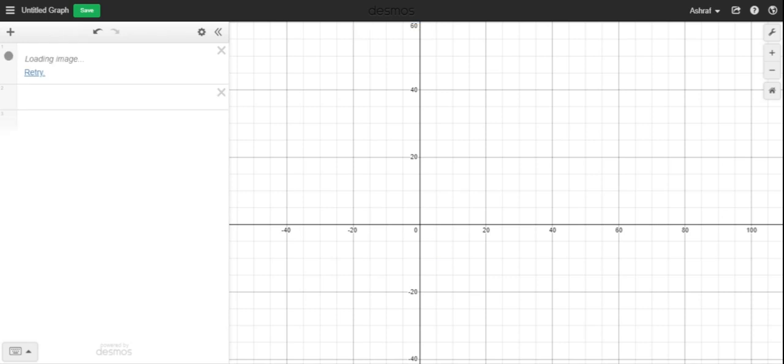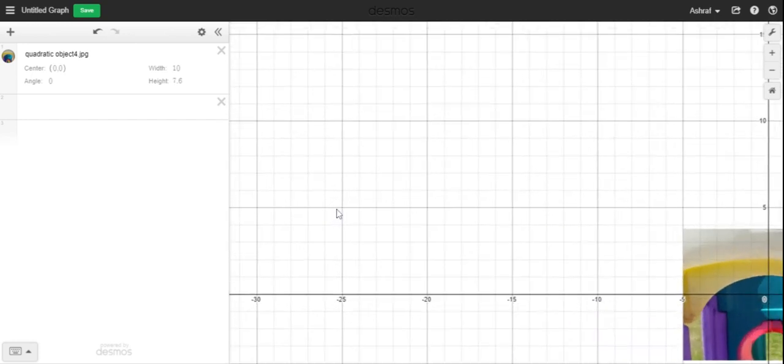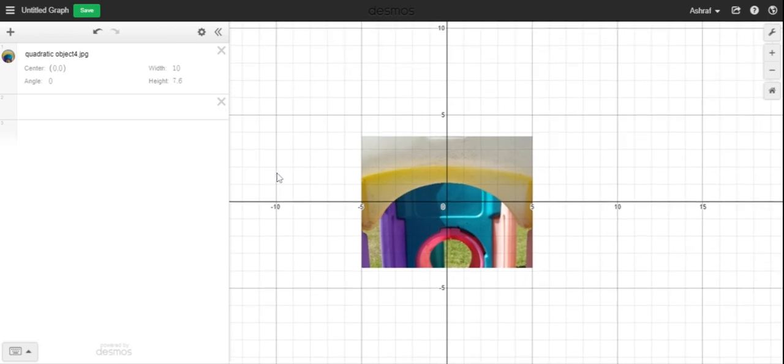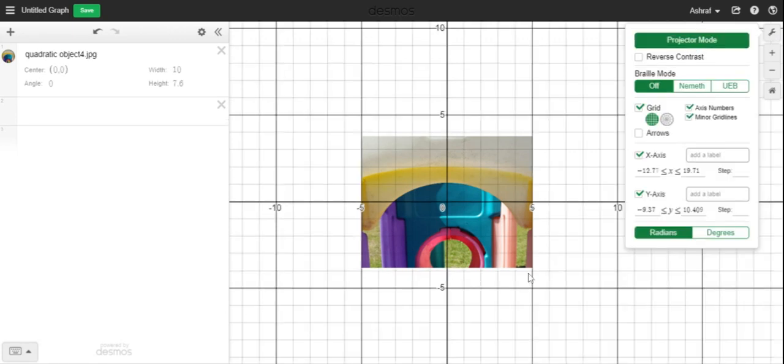So, and then you'll notice that it automatically pops up. Now it's a really small image, but that's because I'm zoomed out really far on my graph. So I'm going to zoom in, and then we will begin to manipulate the picture. Before I do so, though, I do want to change a couple things. So I'm going to go over here, go to the graph settings, and I'm going to click on projection mode or projector mode. And what that does is that makes all the lines a little bit darker. It's easier for you to see where all the points are and everything else like that. Okay, so we'll mess with some of the other settings in a minute, but right now let's get back to